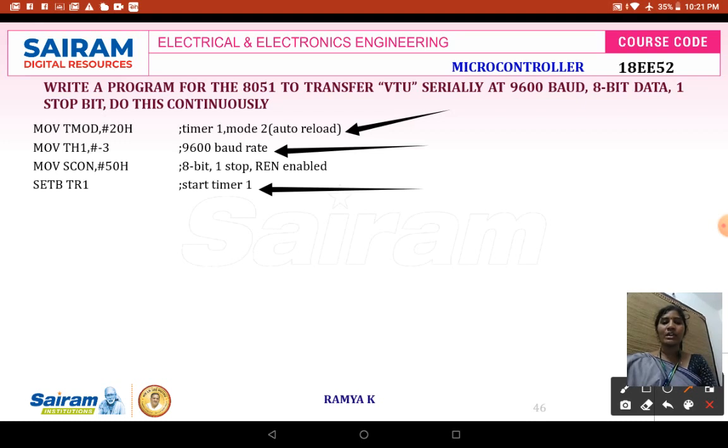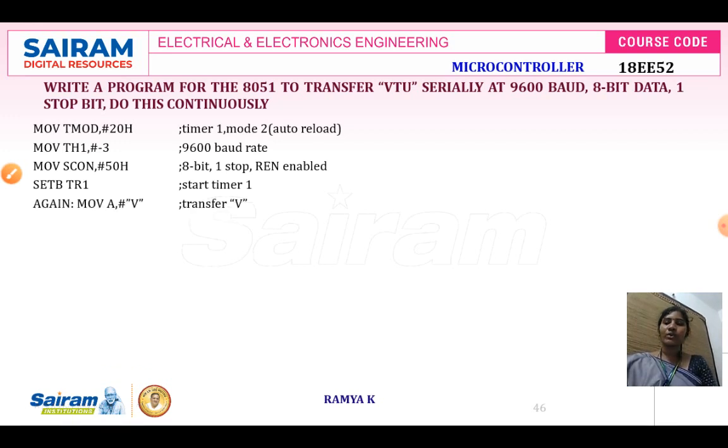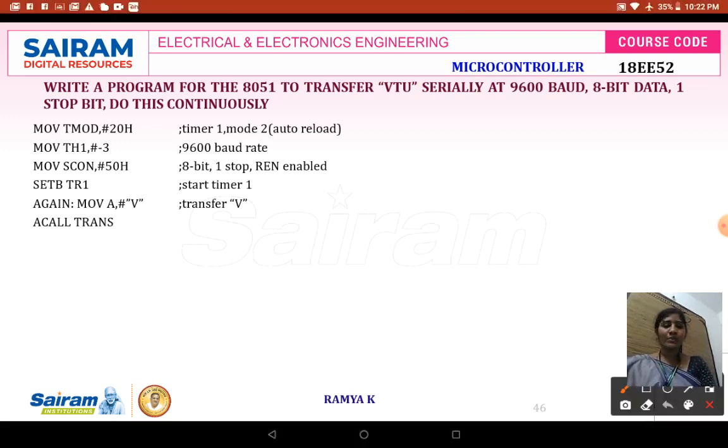Once it is done, you have to load the data VTU. To load the data VTU, you can use a temporary register, that is the accumulator. So here: MOV A comma hash V, then ACALL TRANS. ACALL TRANS means I am going to call a subroutine which is named TRANS.